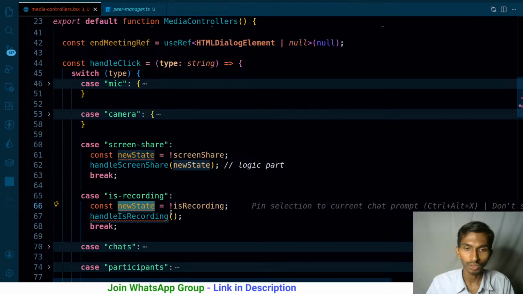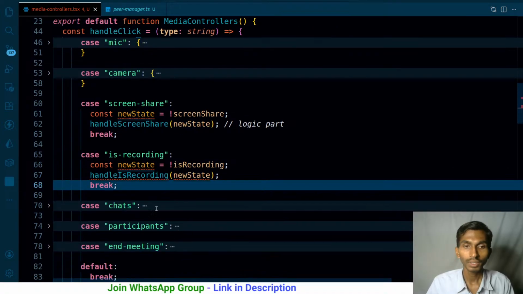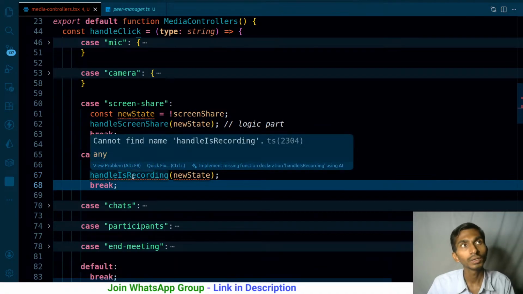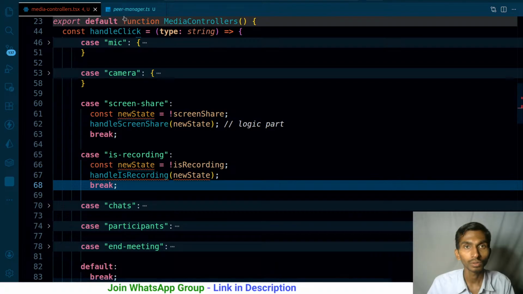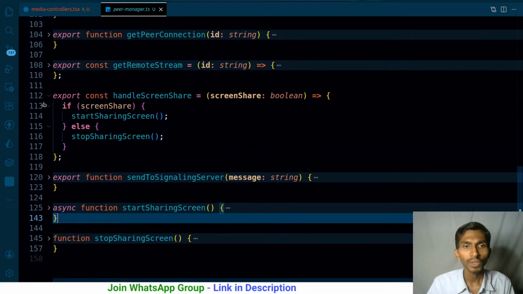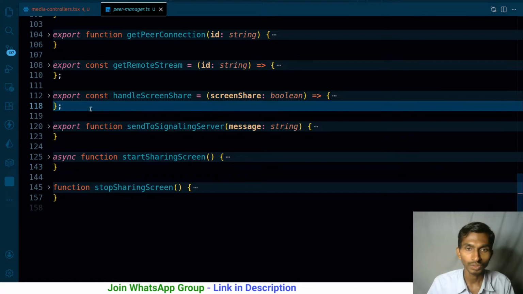So the current state, this is just going to be the opposite of that. Now I need to create this particular function, handleIsRecording, and this needs to be handled inside mediaController, if I'm not wrong. Peer manager, screen recording. When I'm recording the screen, I need to have my local stream. I can get the local stream here as well. So okay, let me create it here itself, no problem as such.